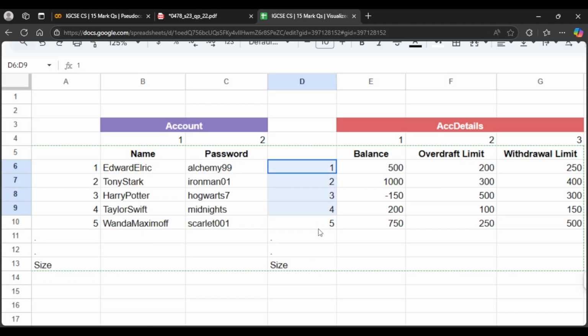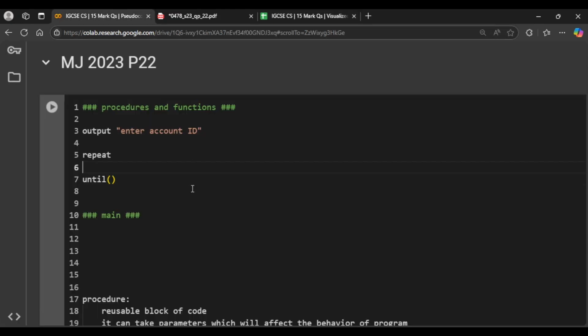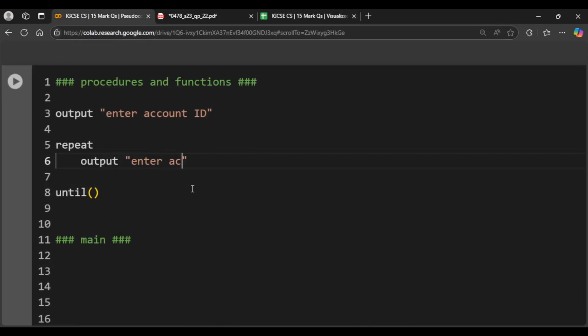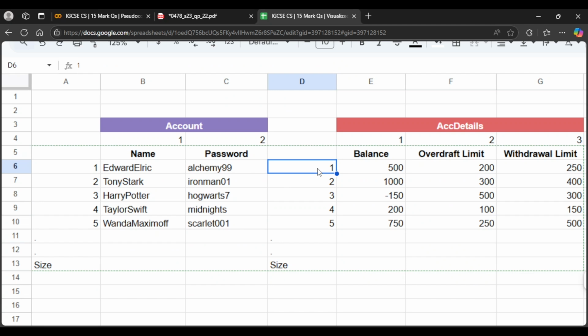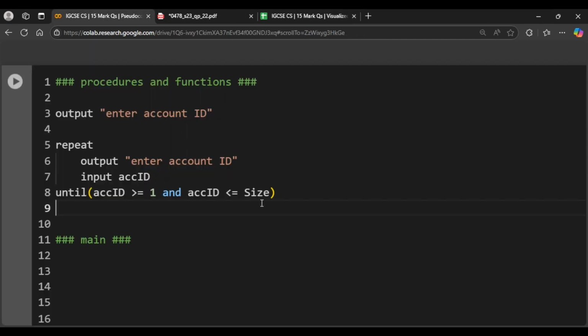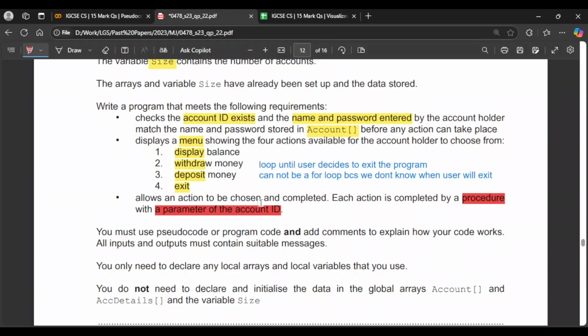In our case, let's assume the size is 10. So the row number is basically the account ID. So repeat until, in fact, let's first take the input: output, enter account ID, and then input account ID. We keep repeating this until account ID is greater than or equal to 1 and account ID is less than or equal to size. So we make sure that we only check the account IDs that are within the specified limit, not outside. Okay, once this is done, then we need to ask the user to input their password and then